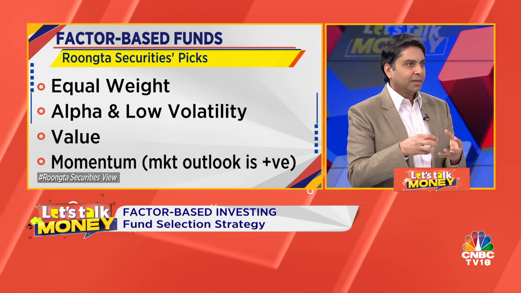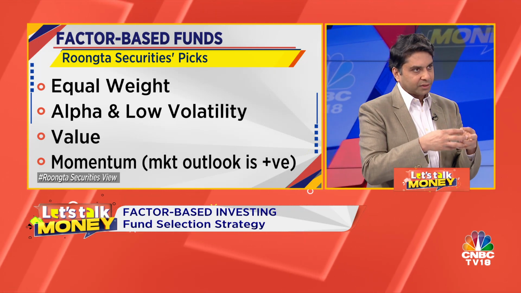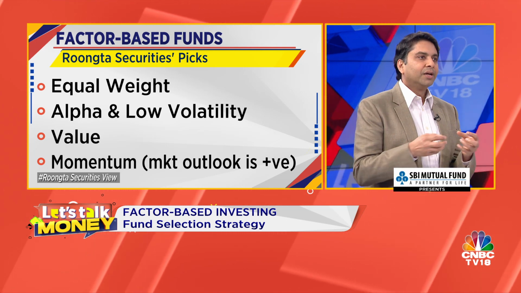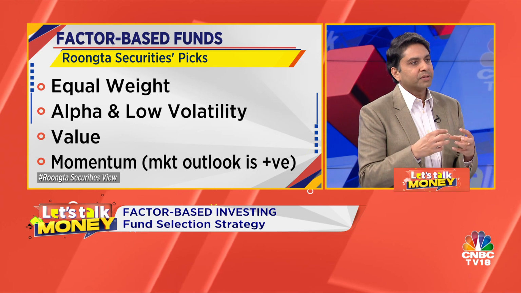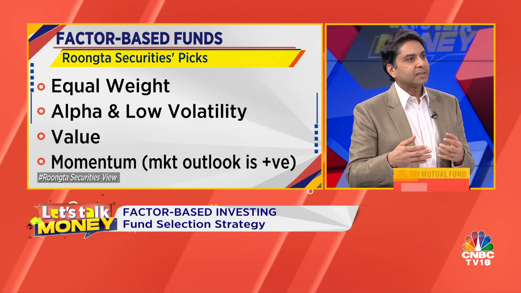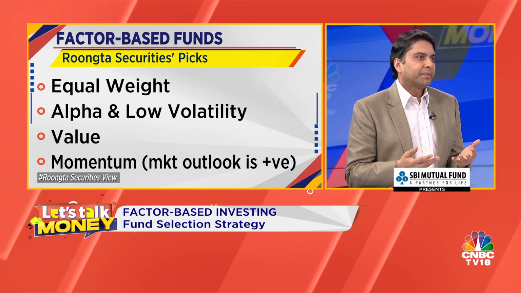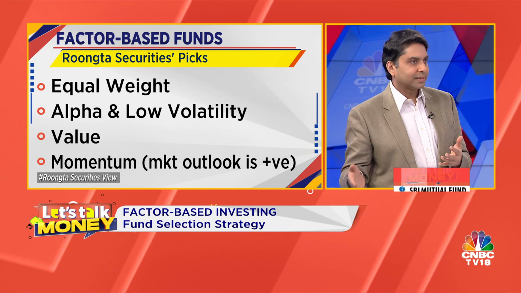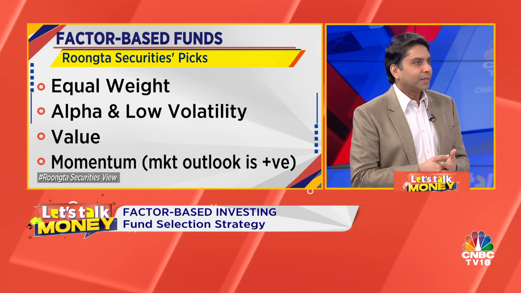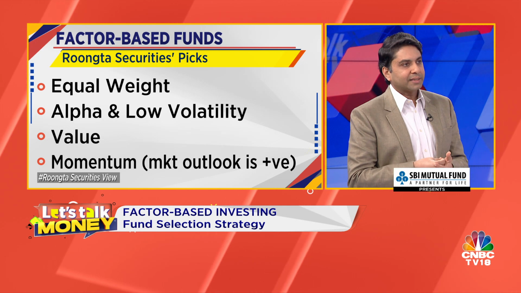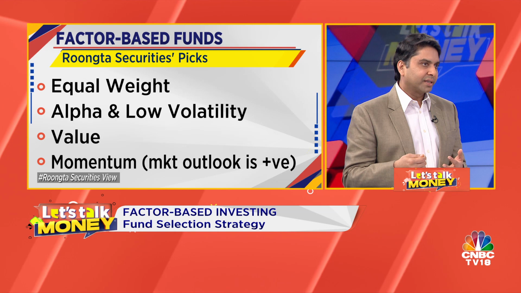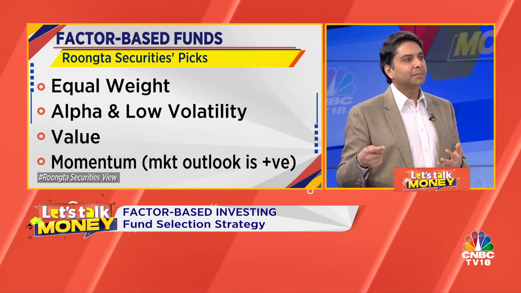So Nifty Alpha would have a universe of companies that is large, mid, and small, across all. If I have a strategy with alpha and low volatility, and my risk-adjusted return is obviously much better, why not? And I'm paying a cost which is lower than an active fund, but a little higher than a passive fund. So I think that works very well. Value, of course, over the long term, you need to buy something at the right valuation. You may find a very good company, but if you're paying a high price for it, coming into profitability will take longer.